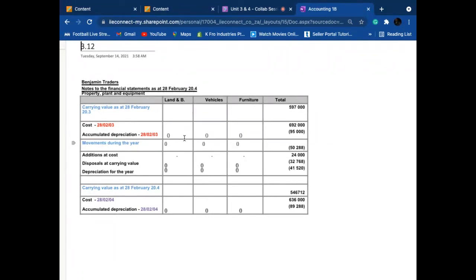Okay? So all that I'm requesting of you is just practice, practice, practice. Okay? I already confirmed there's only 2 of these exercises in your textbook. They like to bring this in the exam. Okay? Not usually in test 2. In test 2, usually they'll just bring depreciation. But they like to bring this in the exam. But either way, just make sure that you know it. Okay? Right, that said. So we know that we are doing this for the year end 28 Feb